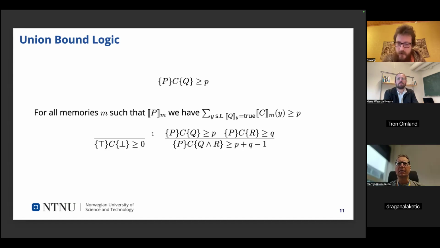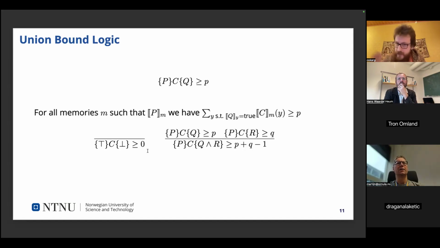Just a question about this: if it were a probability, then it would be at least 0 and at most 1 for all P and Q, and that line you have there is just a special case of it. Yes, exactly. You have a similar result for 1 as well.